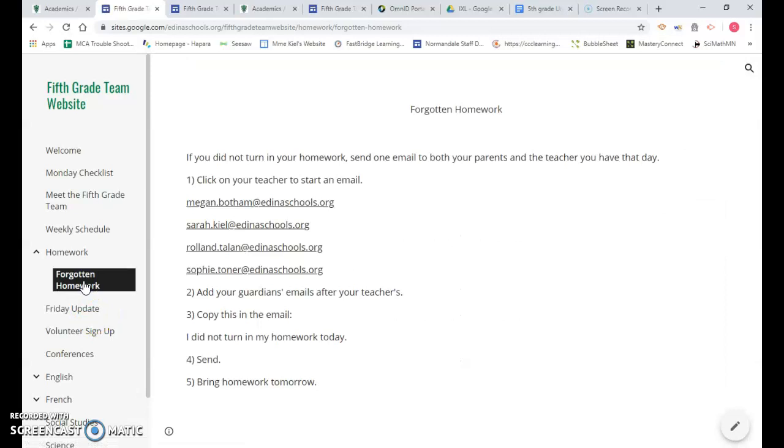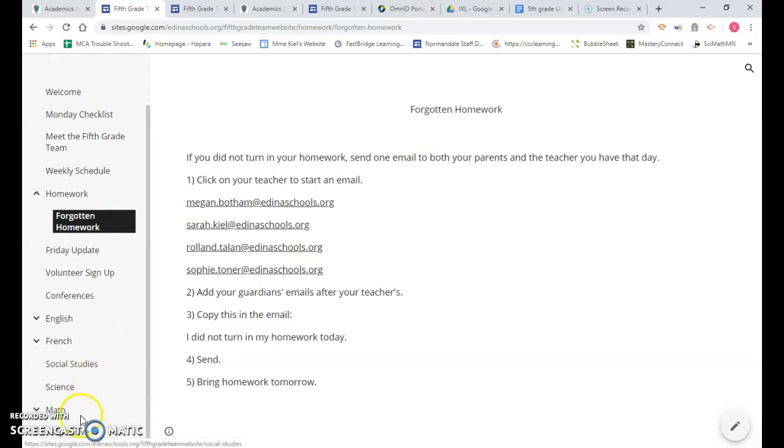Another important link here, if students forget homework, they can come to this link and follow these steps to send an email to parents so that parents can help them remember to bring it the next day. Other important links, we have the Friday update, volunteer sign up, conferences, and then if we scroll all the way